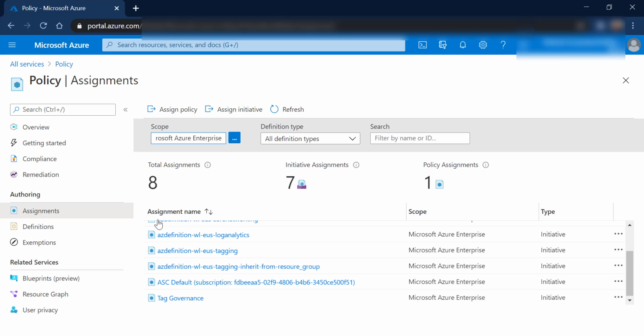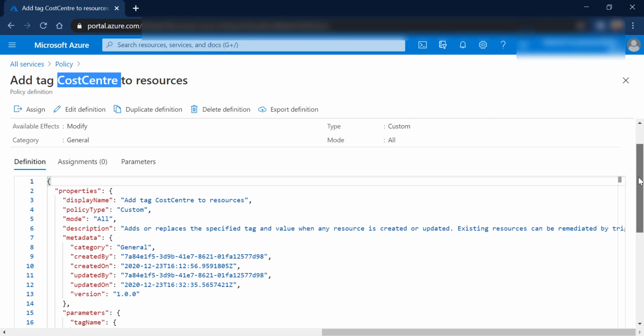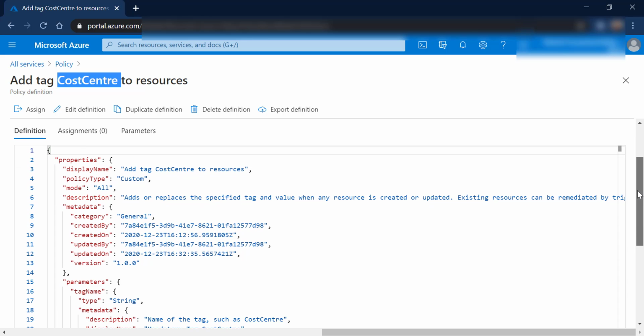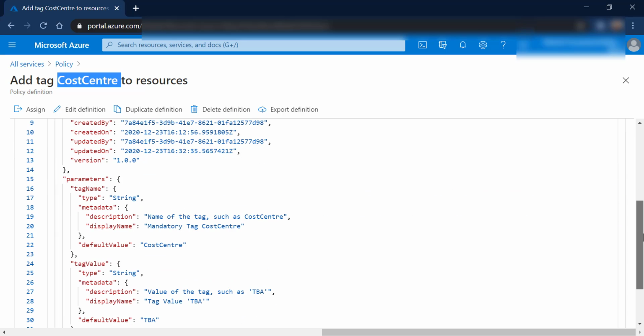So once you have the policy assigned, next in this particular policy, what I'm doing here is I would like to add the cost center tag on my resources. So any resources which are going to be provisioned on my defined scope, I would like to make sure that those resources will have the cost center tags created.